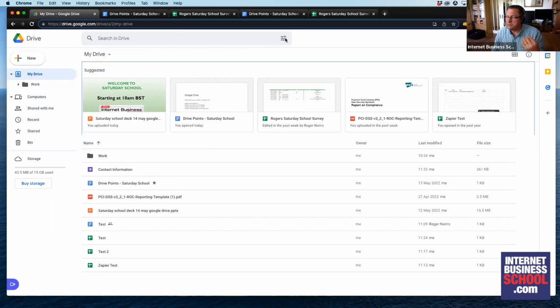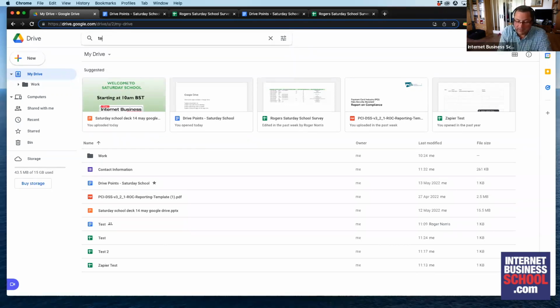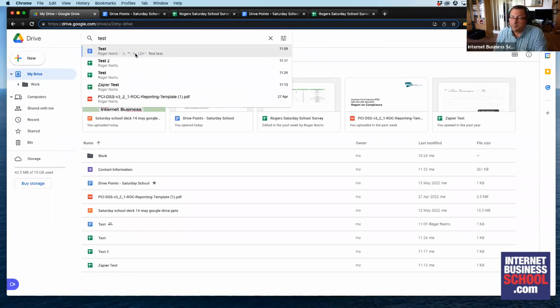Last thing to show you in here is about searching. If you've got lots of documents in here, it can get a little bit tricky. So I can search automatically by documents, spreadsheets, forms, folders. So you can narrow down your search. You can put in a keyword, and it will bring up not just what the title is. It can also look inside the documents as well,